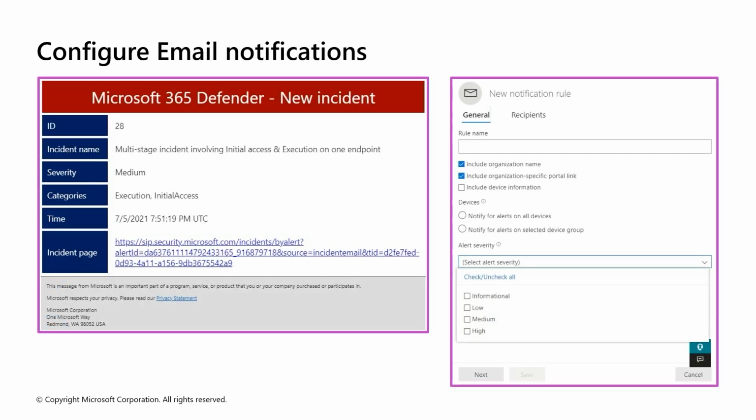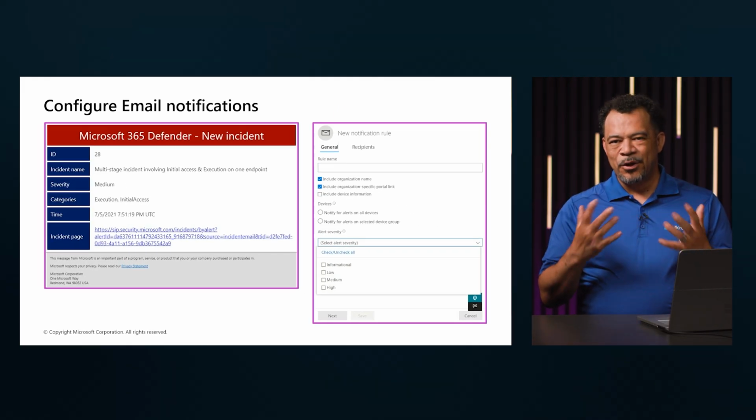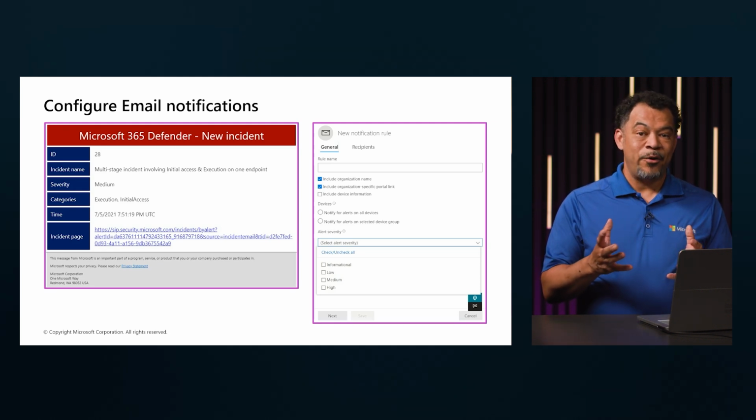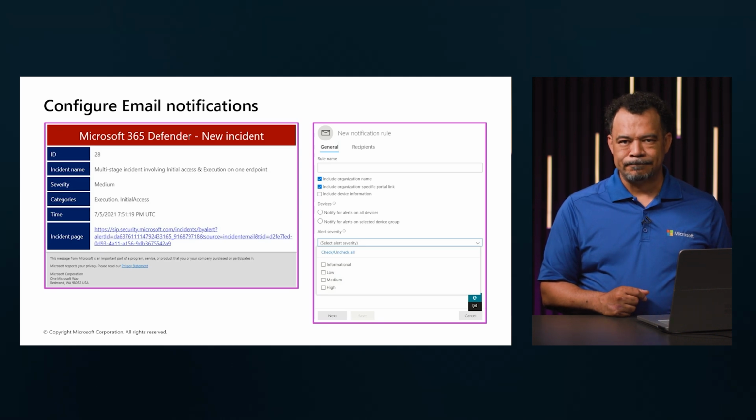You can configure Defender for Endpoint to send email notifications to specified recipients for new alerts. This feature enables you to identify a group of individuals who will immediately be informed and can act on these alerts as they're received based on their severity levels. Only users with manage security settings permissions can configure email notifications. You can set the alert severity levels that trigger notifications. You can also add or remove recipients of the email notifications if you so choose.